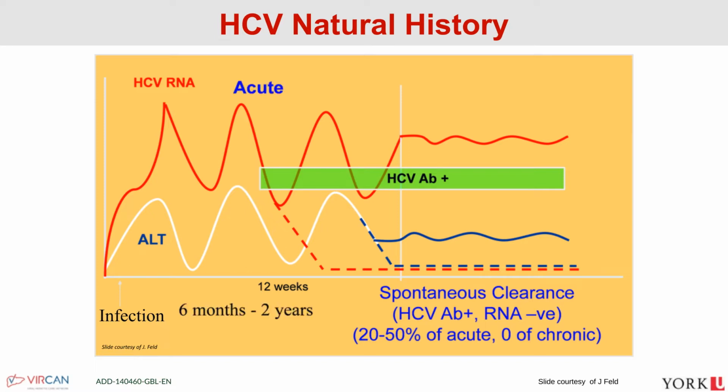And the time frame for acute infection, although it can go beyond 6 months, and some people do clear their chronic infection after 6 months, we typically say people are chronically infected after that 6-month mark. And why that's at least relevant here in Canada is because currently we only treat chronic infections as per Health Canada labeling, but there could certainly be value to treating people when they are in the acute stage.